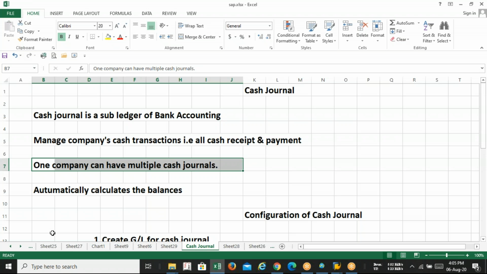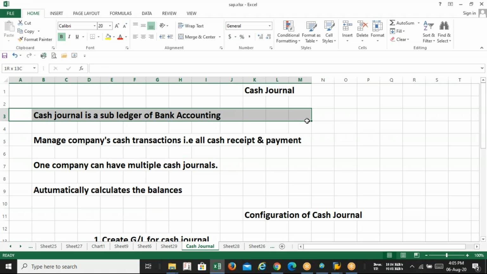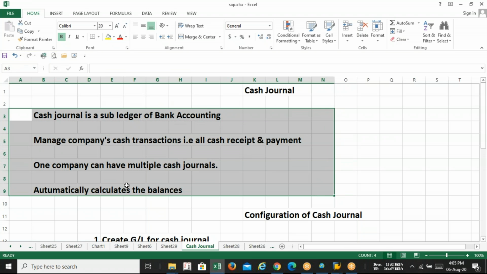Anyone? Shall I move on with the configuration? Please make a note of these 4 lines. Now, moving on to the configuration of cash journal.